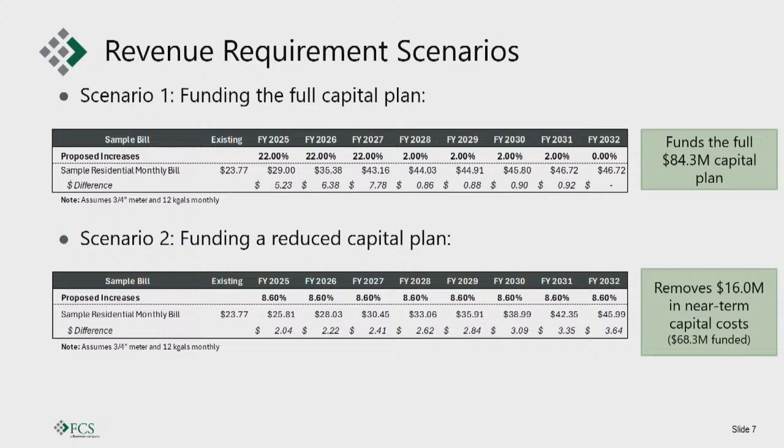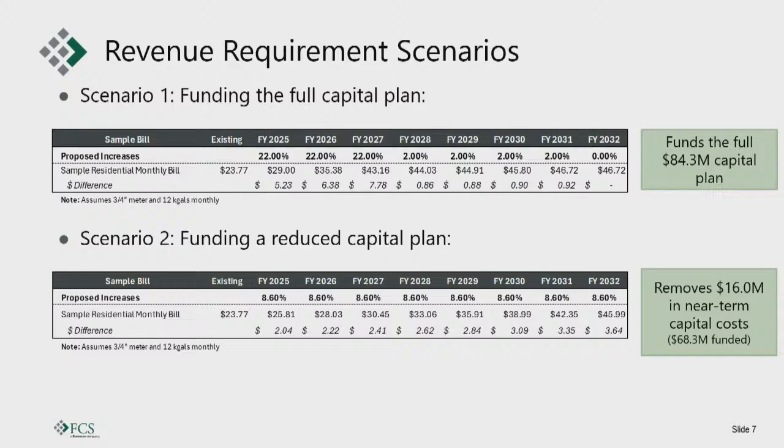What's the theory behind that? Because we're cash funding in each of these scenarios a fairly significant portion, the capital plan is somewhat front-loaded. And so we need to get that money in the door quickly in order to fund that plan as it's laid out. Okay, thank you.